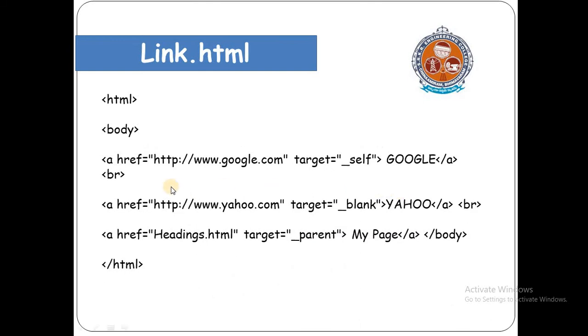So this is one of the programs for links. I had taken three. This is Google. If you click on Google, it will redirect to www.google.com. If you click on Yahoo, it will redirect to yahoo.com. If you want to go to Facebook, just write here Facebook, www.facebook.com. If you had given here Yahoo and here we had written www.facebook.com, if you click on this Yahoo also, it will go to facebook.com only.